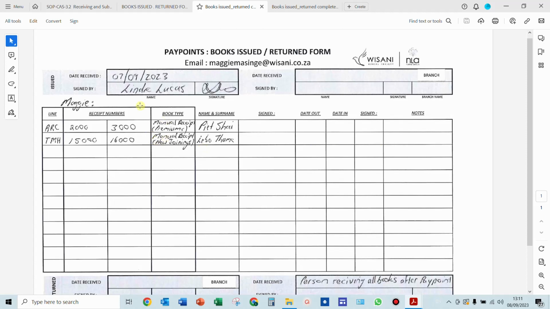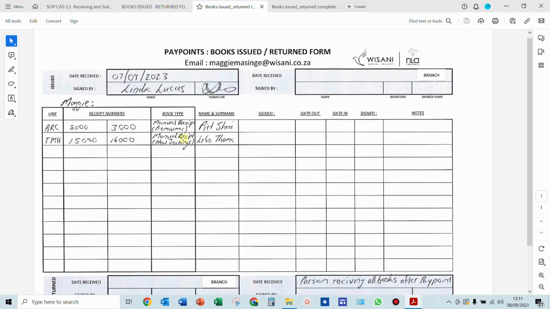Or I gave it to Lindy rather. Let's say she said, I gave it to the line manager. And the line manager says, no, but you didn't. Make sure that the signatures and the dates are there. That's when we can say, no, okay, no, Lebo did give it to Lindy. So Lindy, you are the responsible one because she signed that she handed back that receipt book to me as